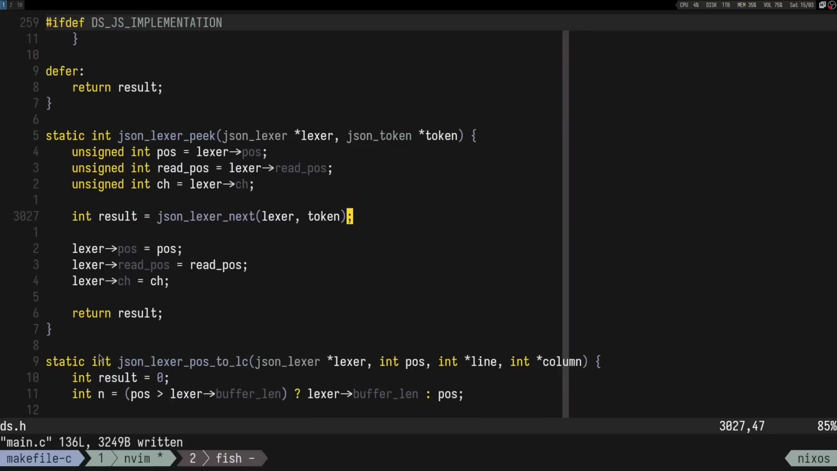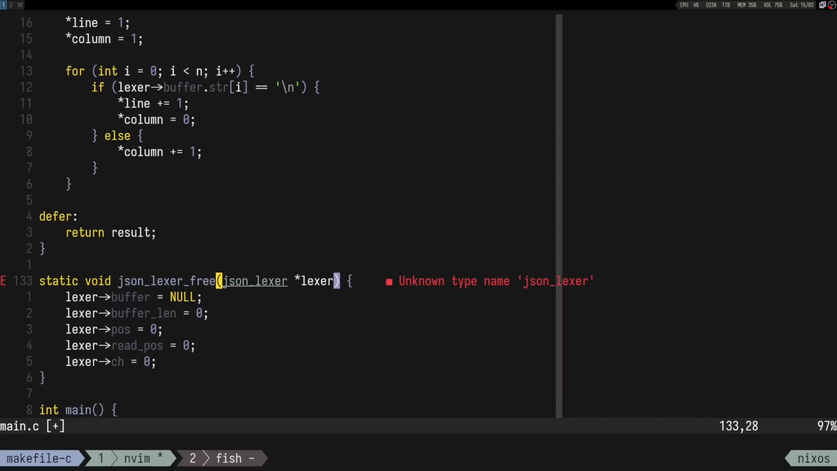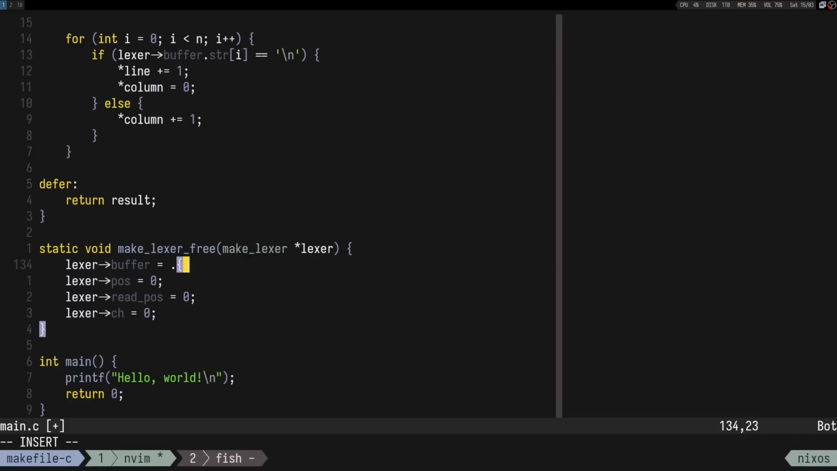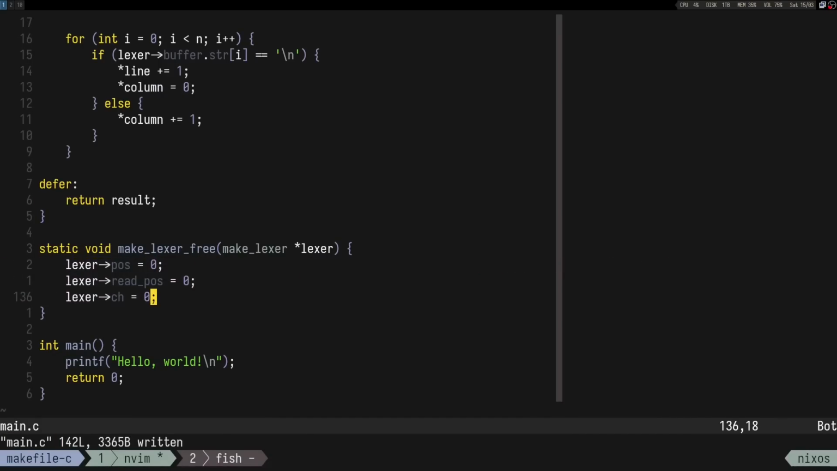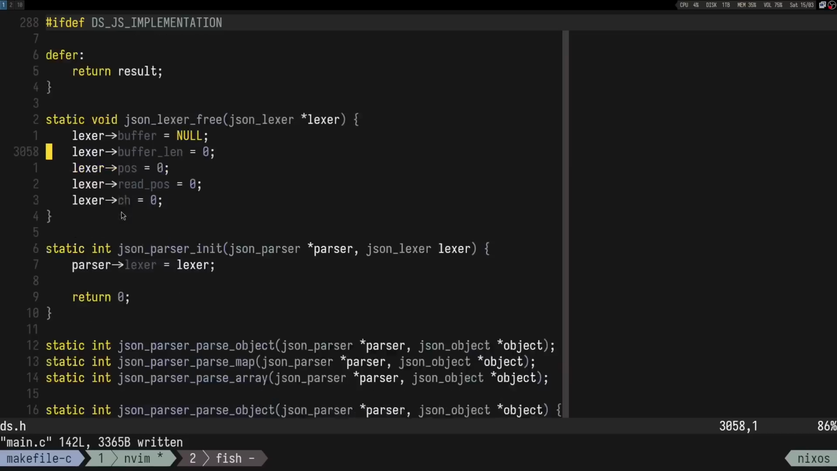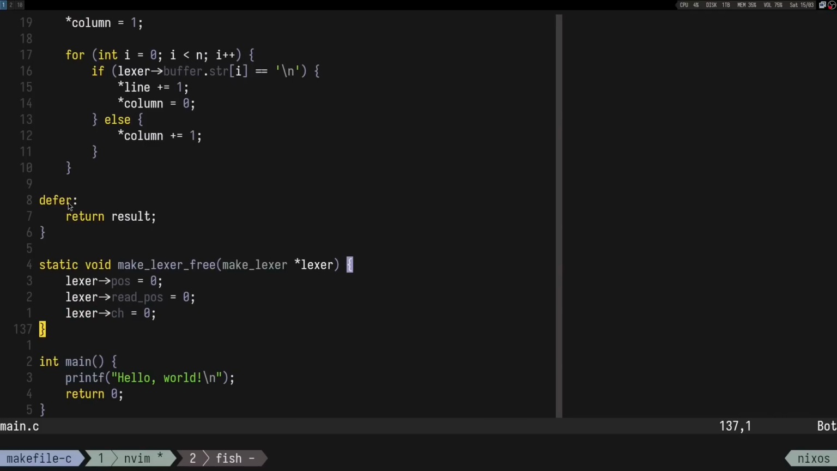Okay, so the next thing, we have a free function just for resetting everything. Okay, whatever, I don't remember, doesn't matter. It's not like we have anything to free anyways, so it's fine. Next we have the parser, right? So the lexer pretty much, I mean, let's